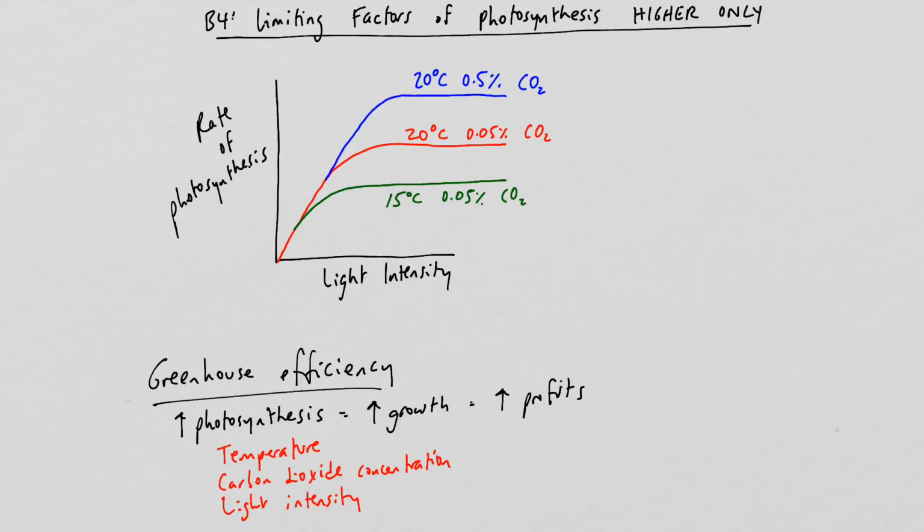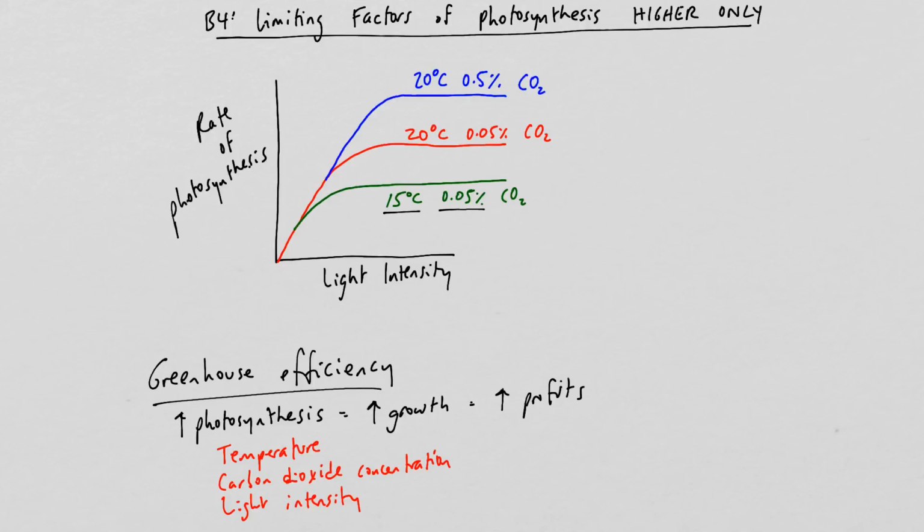All of which are going to cost money. So if you have the heating on, that's going to cost you money. If you have the lights on all the time, that's going to cost you money. More high intensity or higher intensity light bulbs is going to cost more than lower intensity ones, etc., etc., etc. So the idea here is, how can you maximize this without wasting money? And you want to pay attention to your limiting factors. If we look at, for example, on the graph above, the green line here,